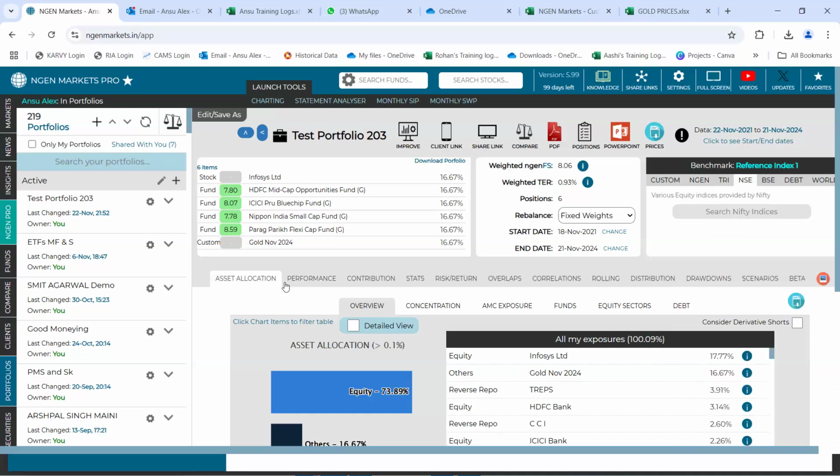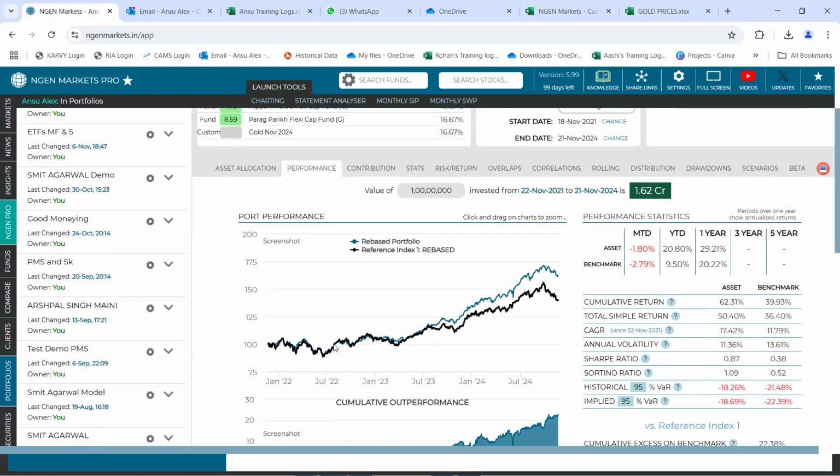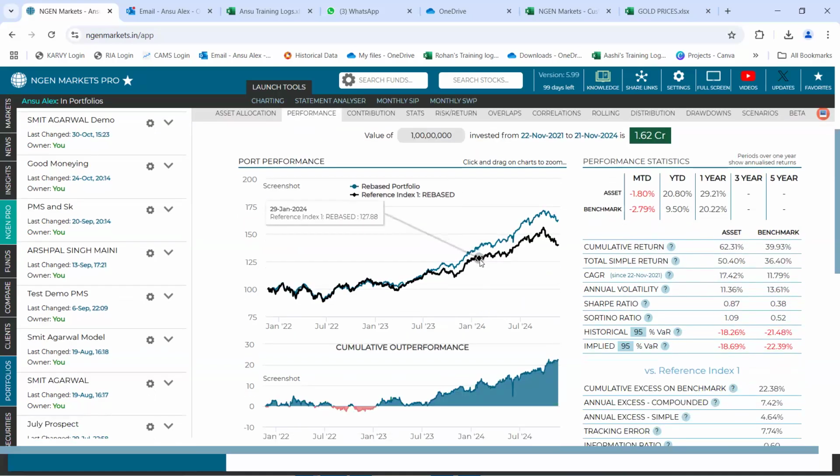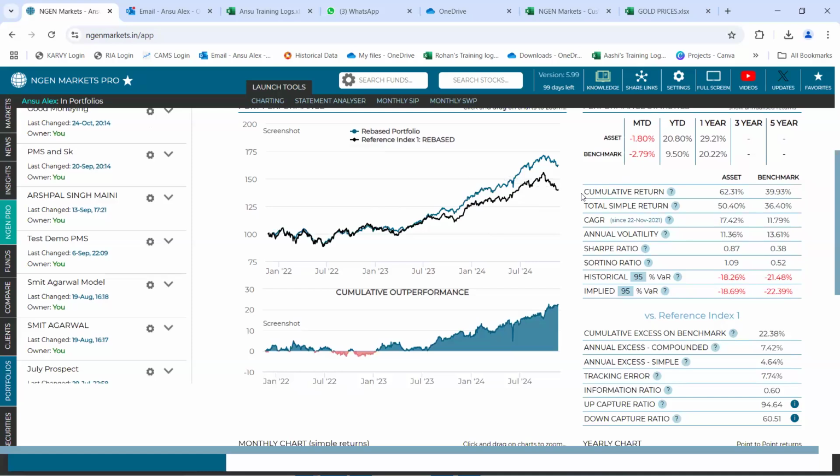Now, let's say I go and rather see how has this portfolio performed against the auto benchmarking that has happened for this portfolio. So in the graph, we could clearly see that there has been an outperformance by the portfolio. And you can also view that in statistical manner too. Right here, cumulative return, meaning the absolute point-to-point return, happens to be 62% for the portfolio and 39% for that